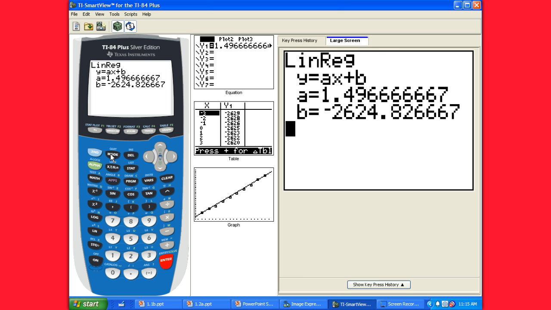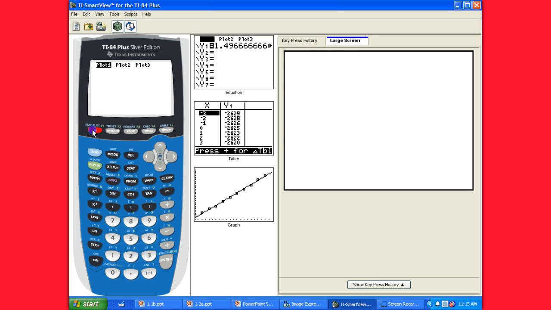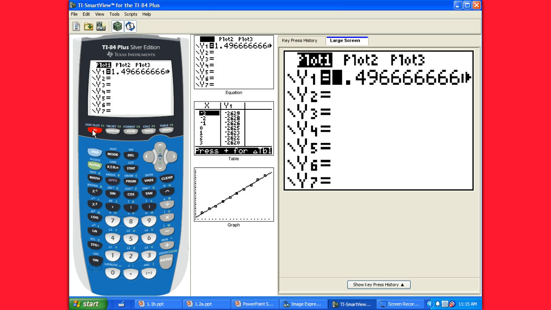So there's the equation. So it's telling me that A should be 1.496 repeating, and B should be negative 2,624.826 repeating, so I could plug those in for A and B if I were typing it in by hand. But you'll notice that if I go to Y equals, it's automatically typed that in for me. So now if I go look at the graph,